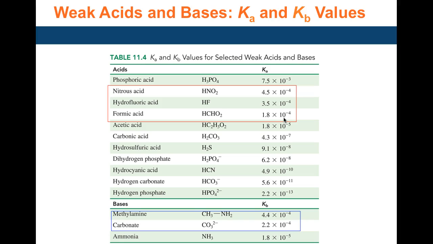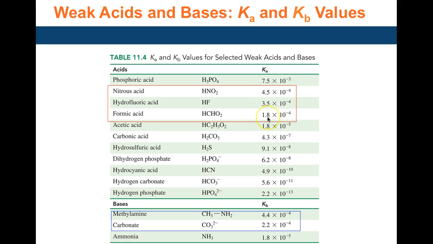So how do you compare them? You look at their coefficient. So which of them has the largest coefficient? That would be nitrous acid. So it's 4.5 times 10 power negative 4. Therefore, among the three, nitrous acid has the largest Ka value, so it is the stronger of the three weak acids. The formic acid has the smallest among the three, therefore it is the weakest among